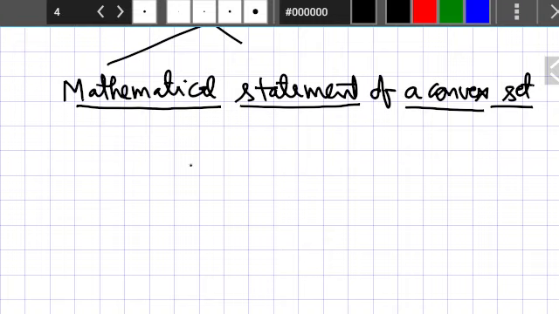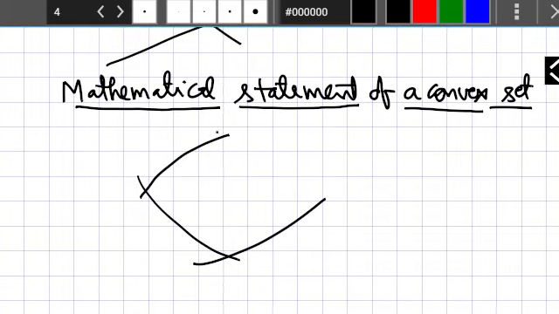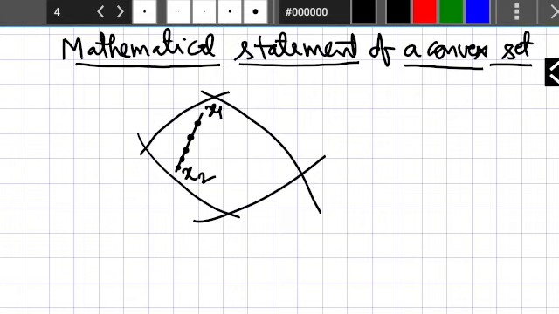For this we need to define all the points that are falling on the straight line like this. You already know this, and I am having one line like this, and these are 2 points. For example, I call them x1 and x2. Now you have to define all the points that are here in between these 2 points. So in mathematics, how are those points defined?